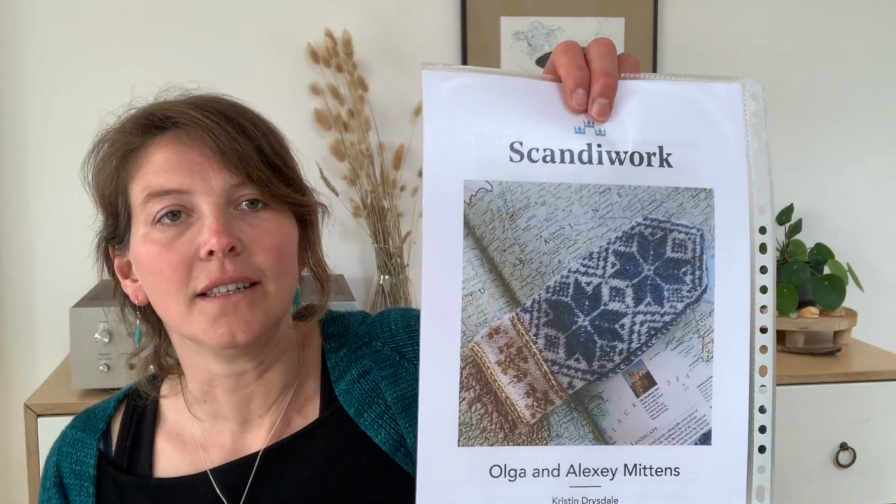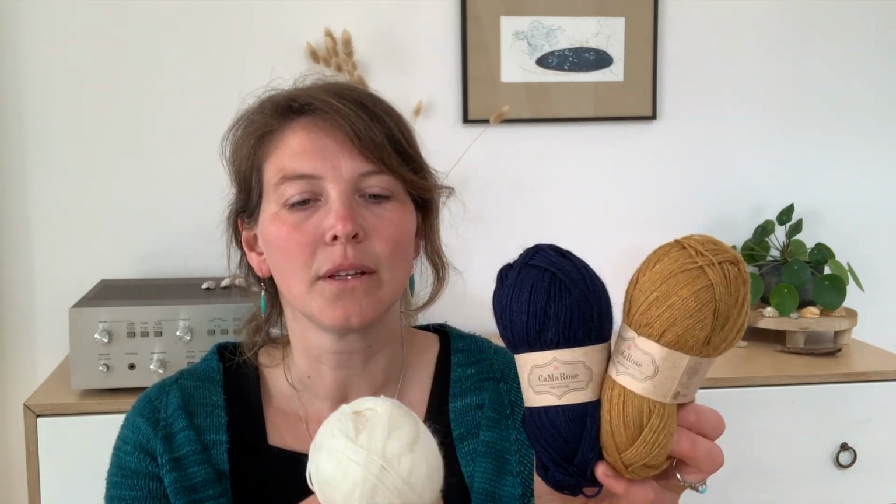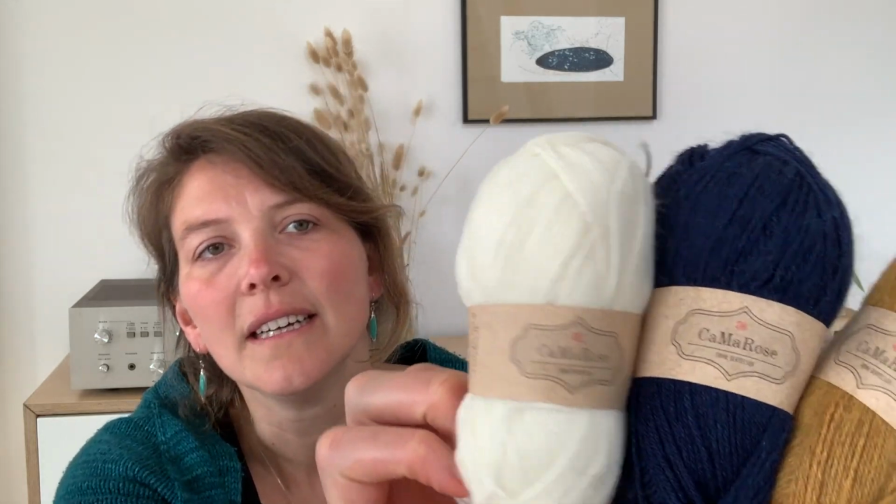it all had to do with Ukraine and the war, but I thought it was a good initiative. I felt a little bit helpless. I wanted to do something. Of course, there are also other things you could do, but I bought this pattern from Scandiworks, and I'm going to knit these mittens with the colors actually from Ukraine, and I'm going to use the Samaros yarns, which I bought at Cross and Woods,